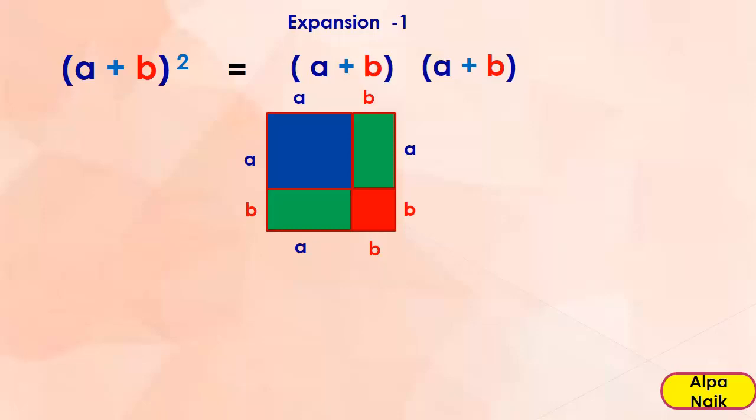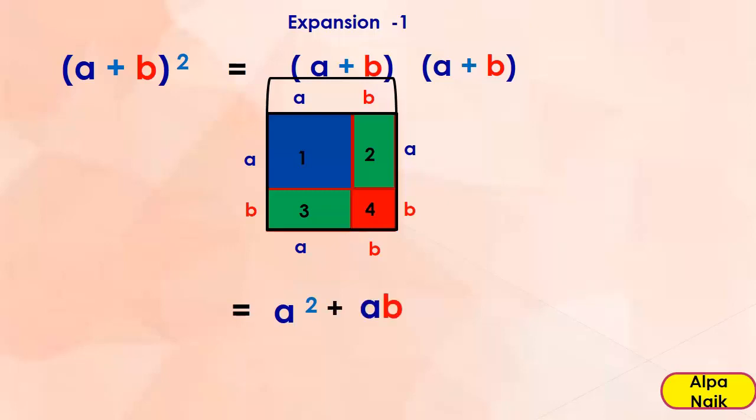So when we have extended this, we got a new figure that is also a square, and this square has the length a + b. Right? Now if I want to find the area of this square, I can write (a + b) the whole square. But this square is made up of 4 parts: 1, 2, 3 and 4. Now look at part 1. The area is a square. For 2, it is length into breadth, ab. Same for 3, and for the 4th, b into b, b square.